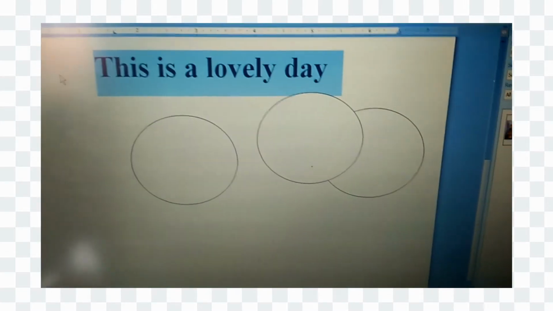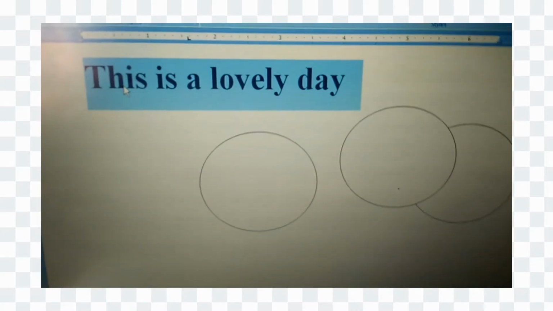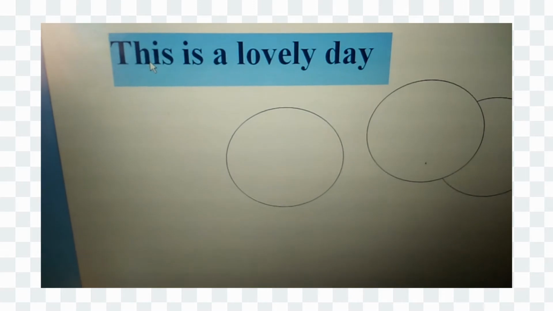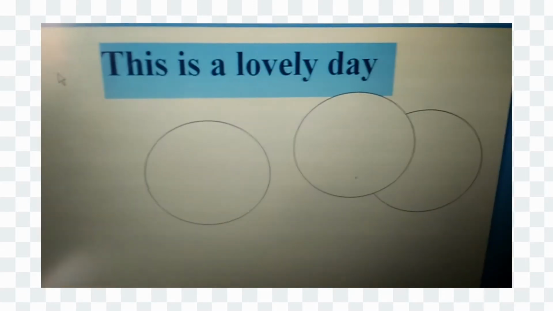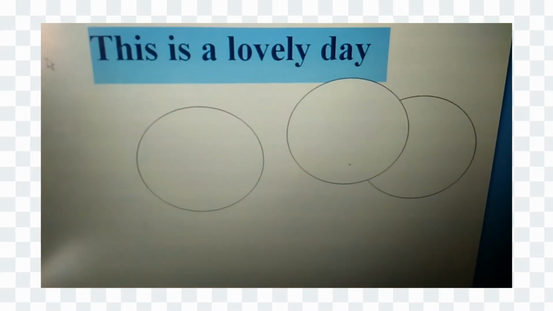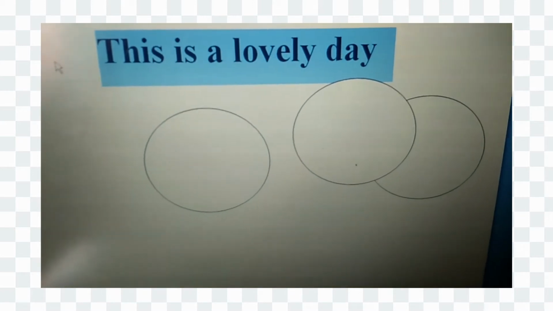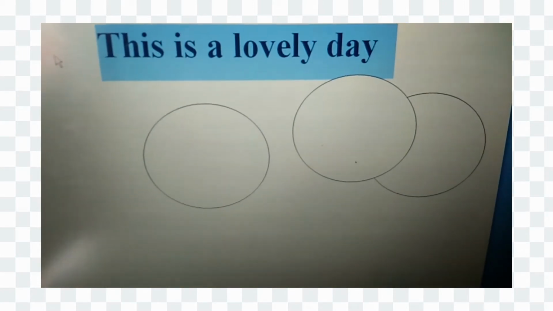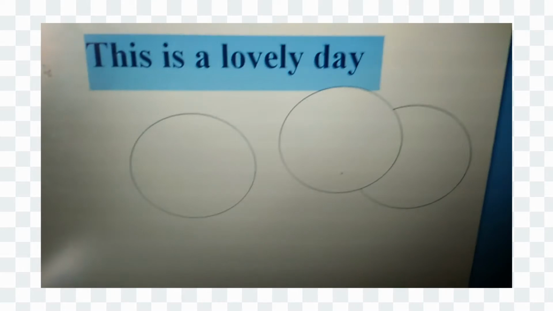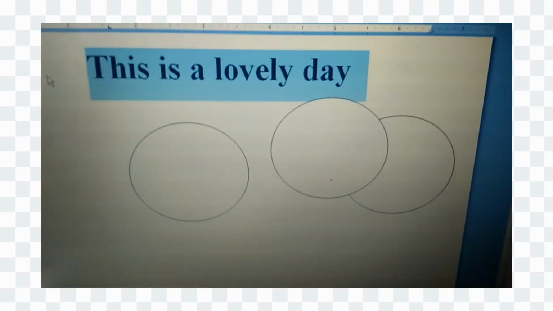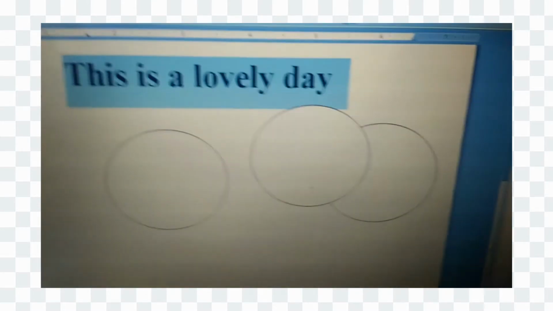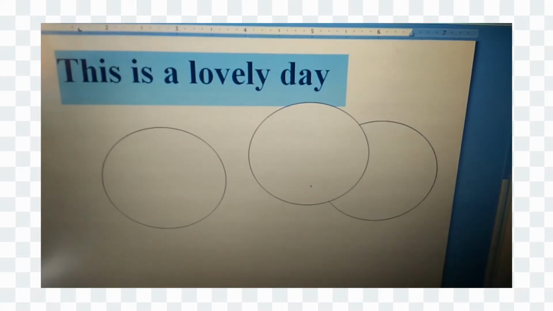Okay, let me undo that again. I've undone, and if I press Ctrl plus E, did you see that? It just moved to the center. So that's the function of Ctrl plus E, to align text to the center. So from there we move to the next one, which is Ctrl F,